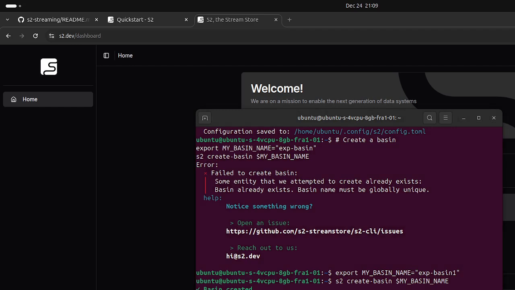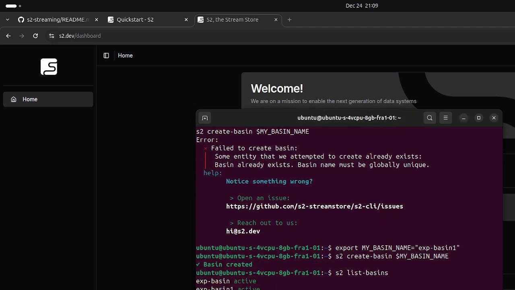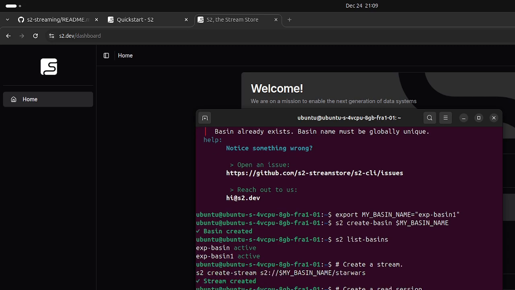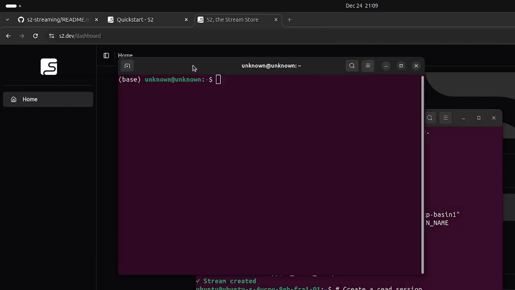Now we'll try to create a stream which will hold our data. Okay, perfect. Then once this is done, anyone can append a write to the stream. So we'll do that at a later step. The very first step is we'll add it here so we can read it when we're ready. And this is where we're trying to read from this stream and this basin, and as of now there is no append here. That's why it doesn't see anything here. I'll need to create another